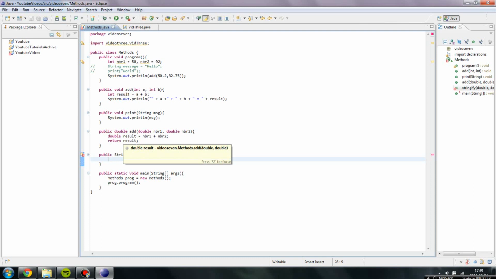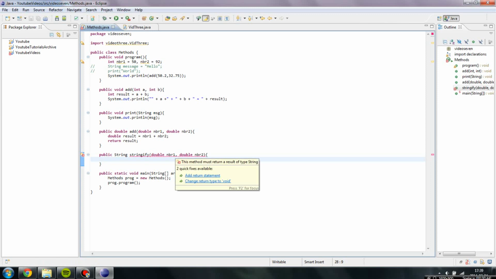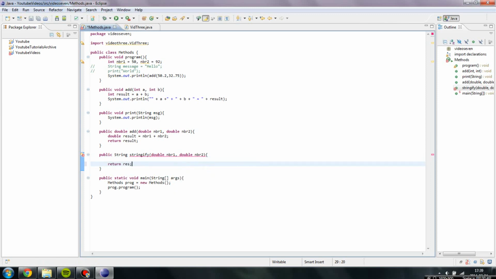And the string will type out number 1 plus number 2 is equal to whatever the result is. We're going to return res. So we're going to create a string that is simply called res, short for result, and we're going to set it to pretty much nothing. And then res, our string, will be equal to number 1 plus a plus symbol plus number 2 plus equal to